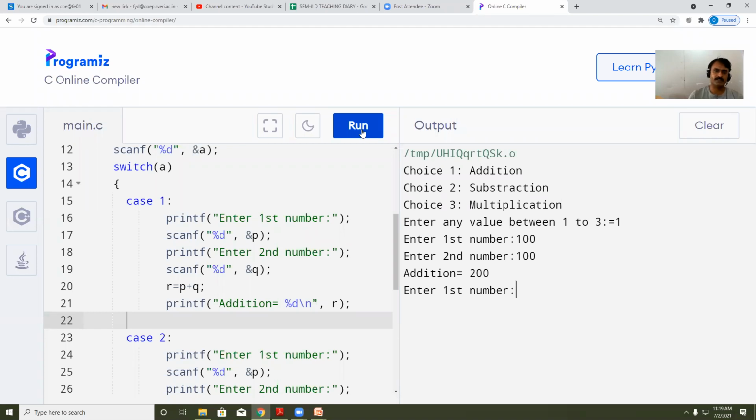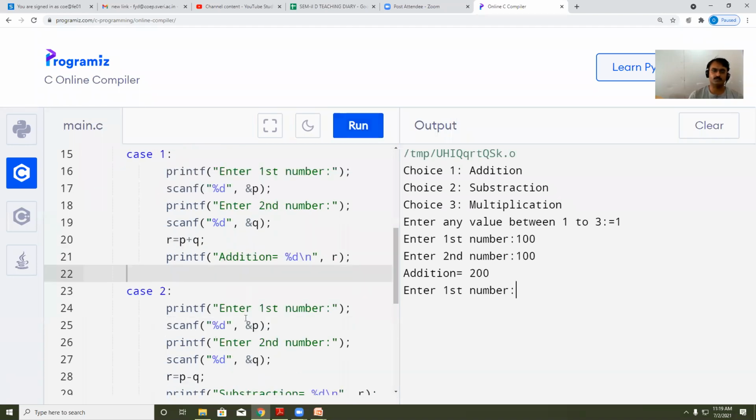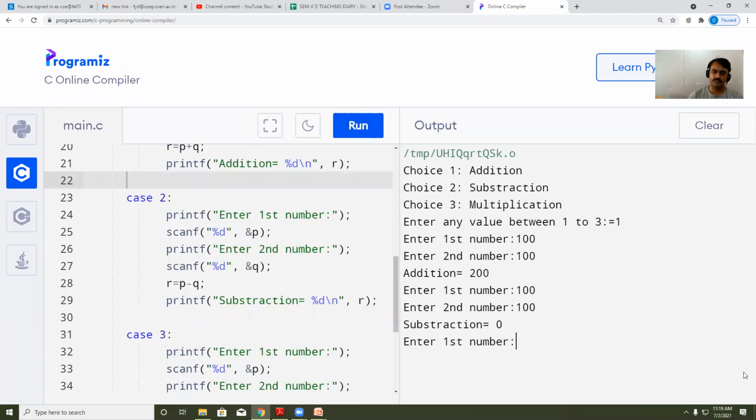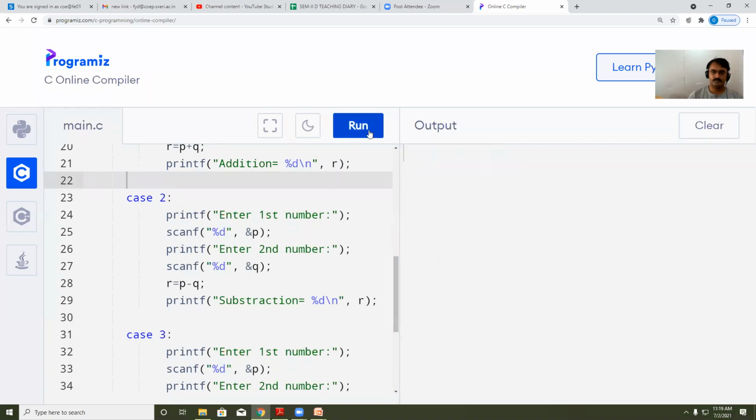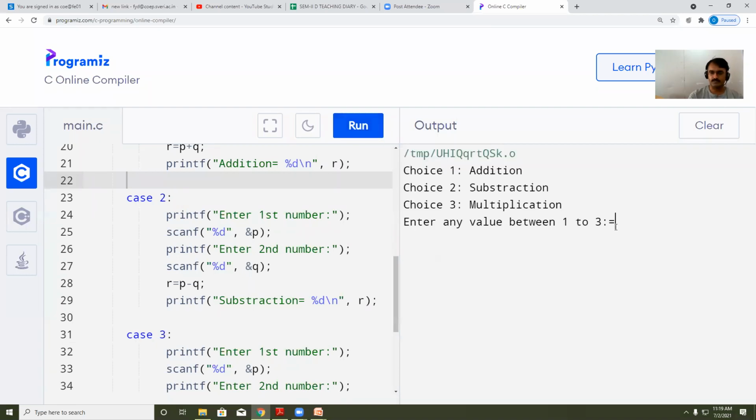Addition is 200. Now it goes to case 2. The program has gone into case 2. After that, again I will give 100, 100. Subtraction is 0. Now it goes for multiplication. I may give 100 and 15. Sorry. The program terminated midway.